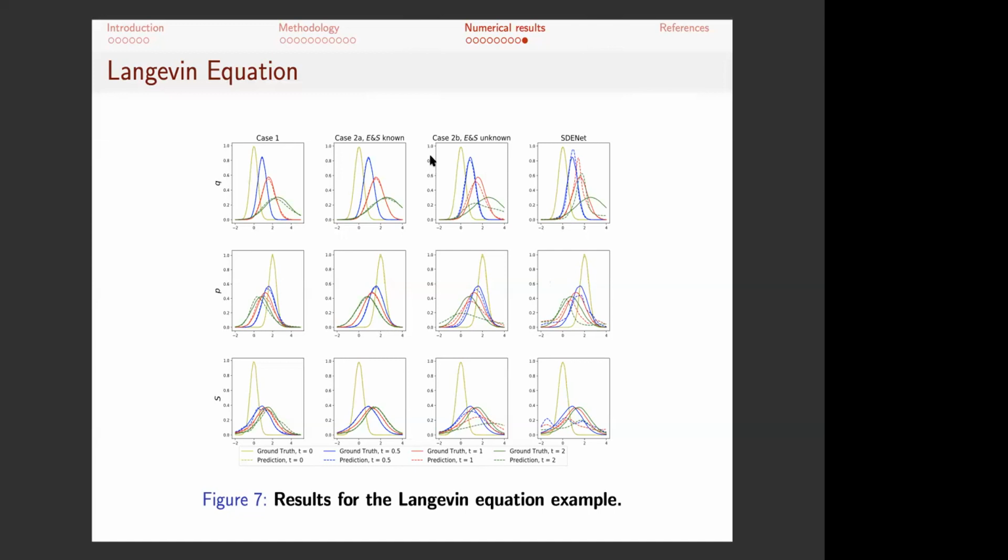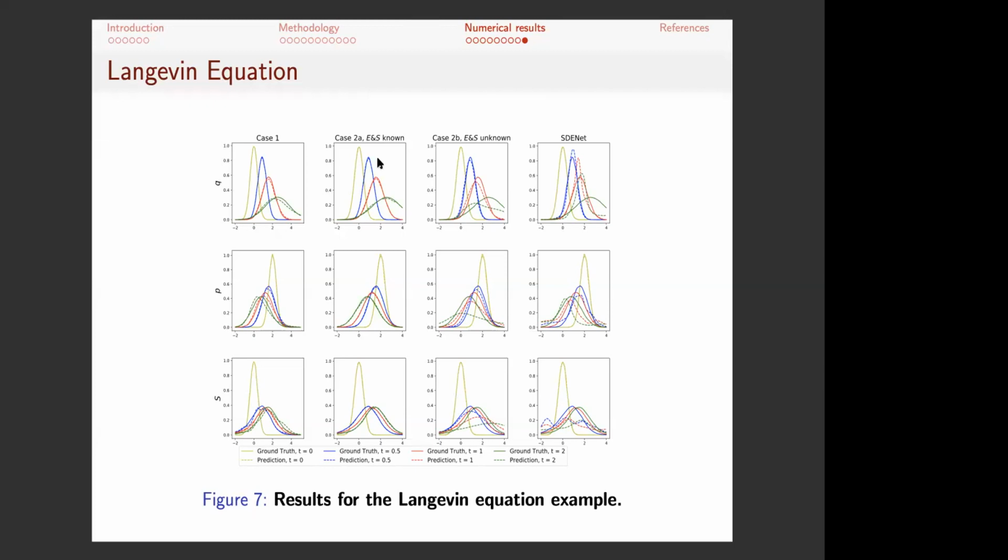Our next step will be using an autoencoder to handle systems in high dimensions, because we realize that for our approaches, if the state variable z is in a high dimension, there could be some problems: we need a lot of parameters to train, and the training will be especially slow. So we want to use an autoencoder to map the original state variable to a lower dimensional space, maybe apply the GFINN on the latent space, and then use a decoder to map it back to the original space.